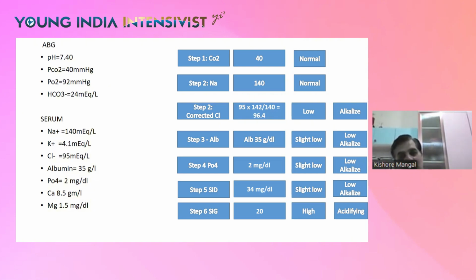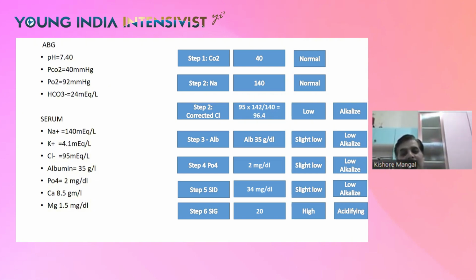If chloride is low, that means metabolic alkalosis is there. And when we see that the ABG is showing a normal pH and the PCO2 and bicarbonates are normal, that means there is something else which is able to compensate for this hypochloremia-related metabolic alkalosis, and some acidifying disease